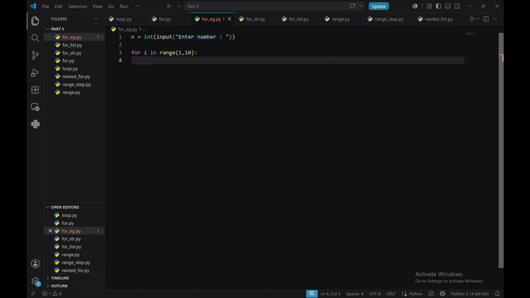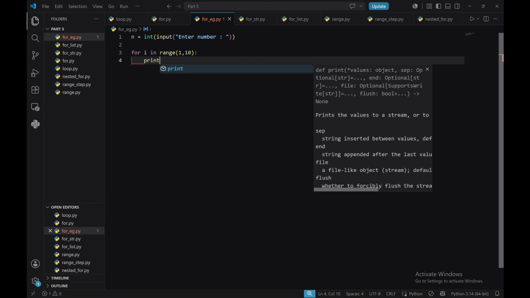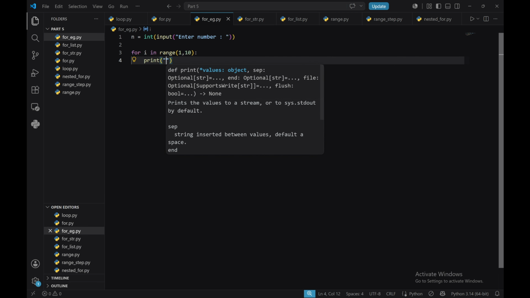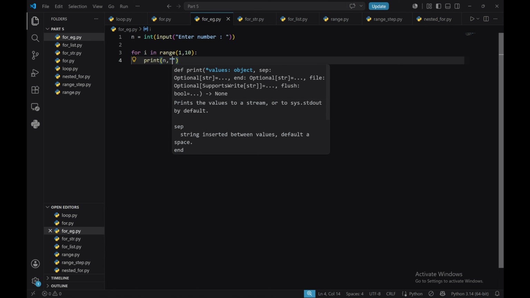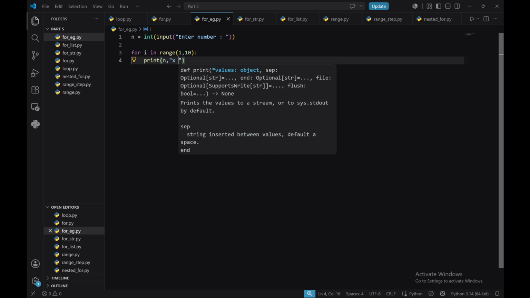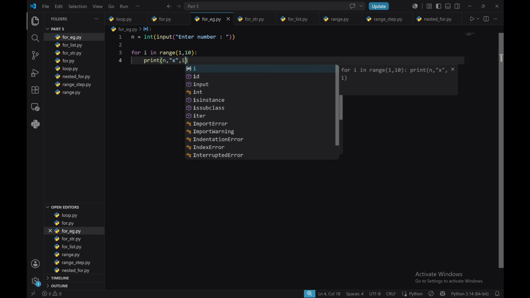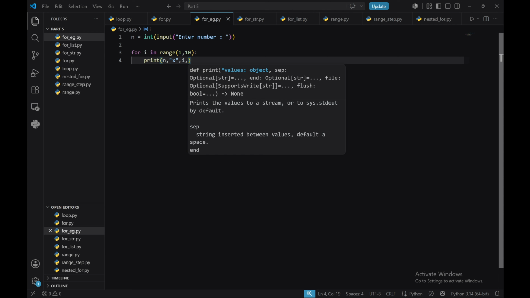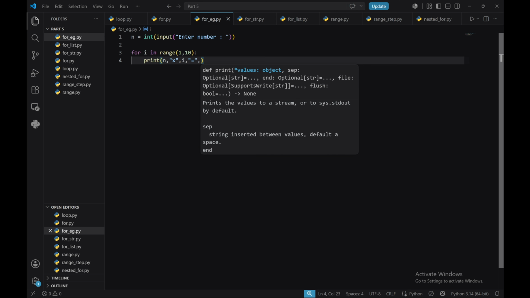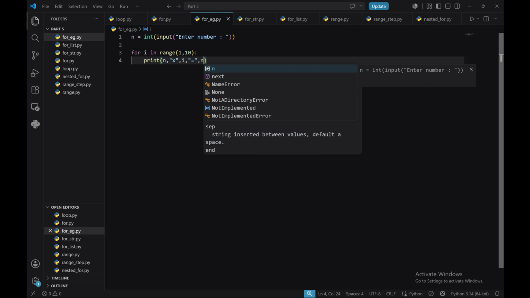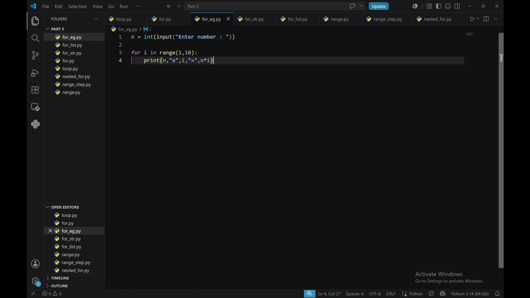After that there is a colon, and then print n comma x comma i comma equal comma n into i. So if we are going to run it,